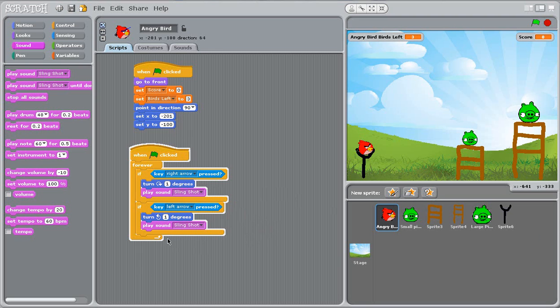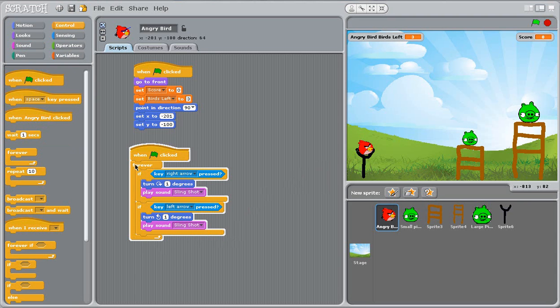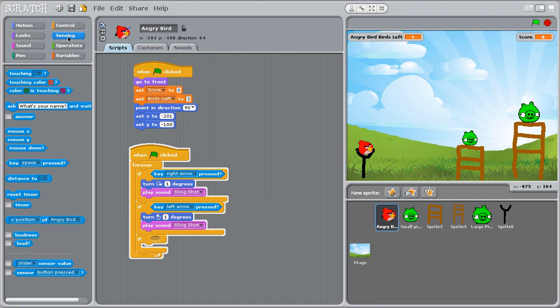What we need to do now is check. We were checking before if a key was pressed to make the bird rotate. Now we need to check if a button's been pressed to launch the bird. In this instance we're going to use the space bar. For this we're going to need another if block, and this will go again inside the forever block here, and then if the space key is pressed, we need to decide what's